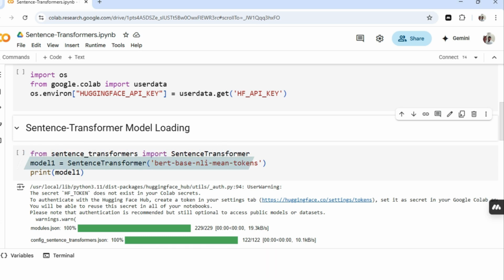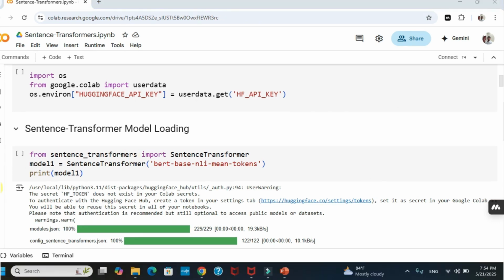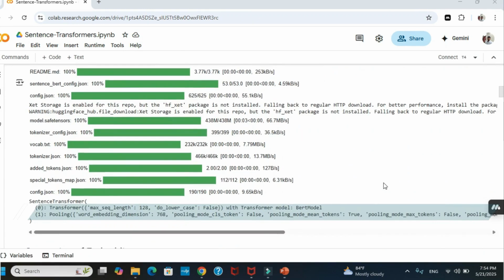The sentence transformer class loads a specific pre-trained model named bert-base-nli-mean-tokens. This model is based on the BERT, fine-tuned for natural language inference tasks and adapted for sentence embeddings. In the model name, the mean tokens indicate it uses average pooling to generate the sentence vector from all its token vectors. After loading, here we got the model object into a variable called model1, which is composed of two key components, the transformer, the